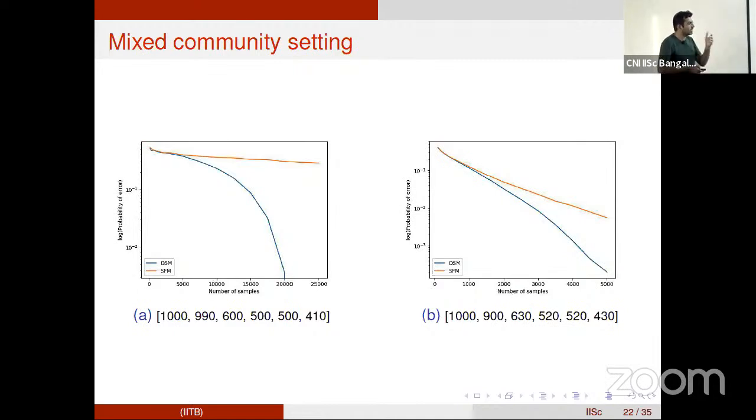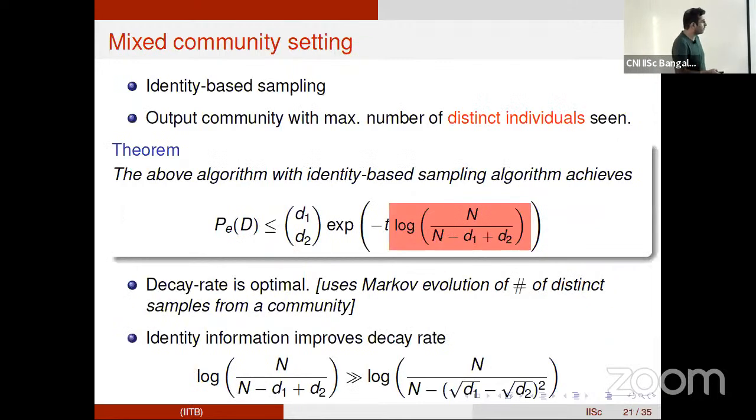The bounds essentially tell us when identity can give you a much larger rate. Is there an interpretation in terms of, just go back to the answer, there is a notion of D1 minus D2 by N. That seems like the L1 distance, whereas here I see a Bhattacharyya distance. Is there a connection? So it depends. The probability of error bound, at least the way we have used the bound, is in terms of the KL divergence between the underlying instances.